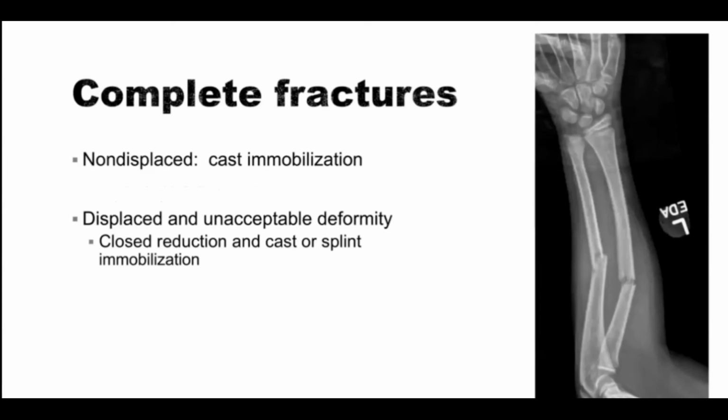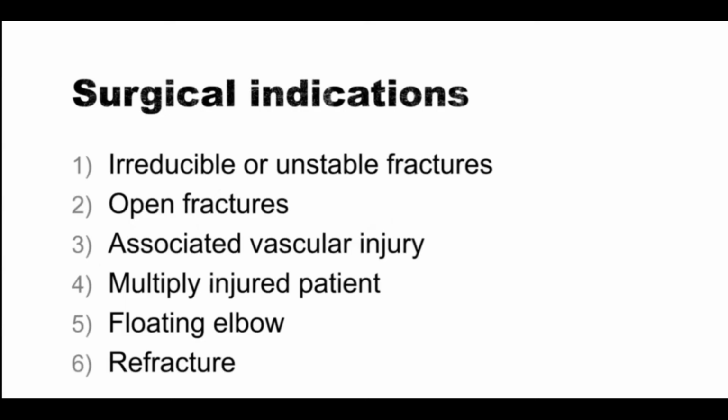And a complete fracture, again, if it's non-displaced, can be treated with a cast, and if it's displaced, again, requires closed reduction or splint immobilization. Surgery for forearm fractures, we do that if they are irreducible or unstable. And interestingly, many that look good at 1 week can still fall off in the weeks after. So we do follow these closely to make sure that they don't fall off or lose the reduction that was